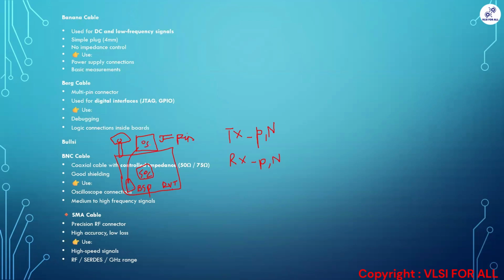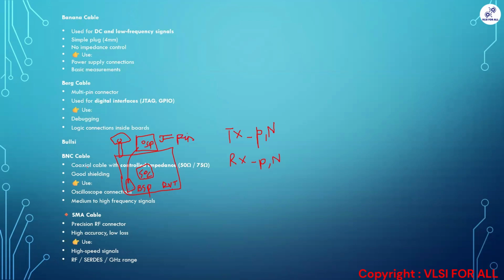Differential probe will be there with golden tips. With that, we'll connect to the oscilloscope. When we run that CMM script in the Trace32, we will see the eye diagram in this thing. So bullseye is used for high speed, and BNC cable is used for connecting to the oscilloscope, where it is